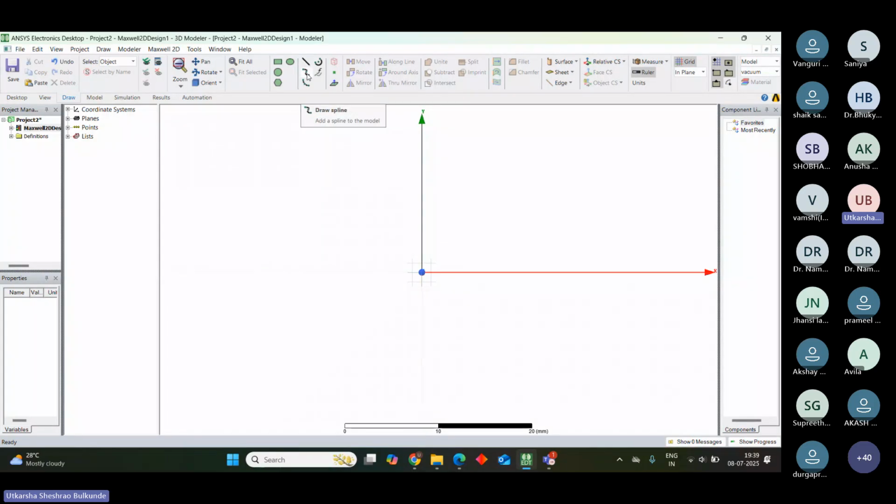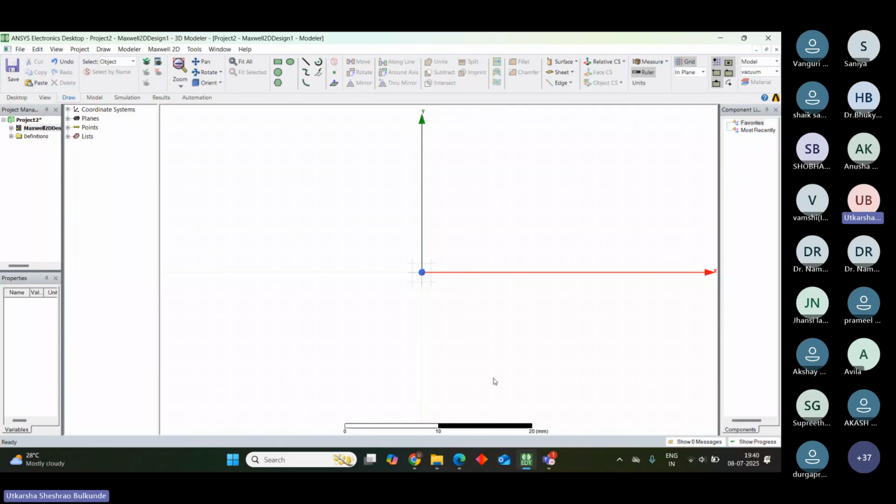And we have certain options like move, rotate, mirror. I'll tell you how we use these while making our geometry. For now, I'm not telling you what each command does, but when we draw our geometry, whatever we use, I'll let you know what the purpose of that command is. Okay,